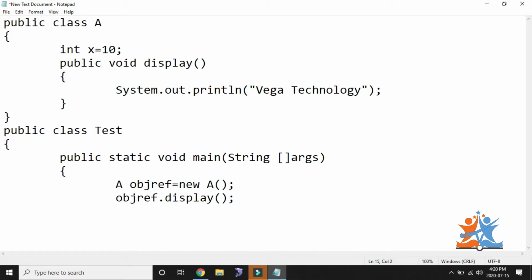After that, if you want to print any message in the main method, you can write it with the help of System.out.println.